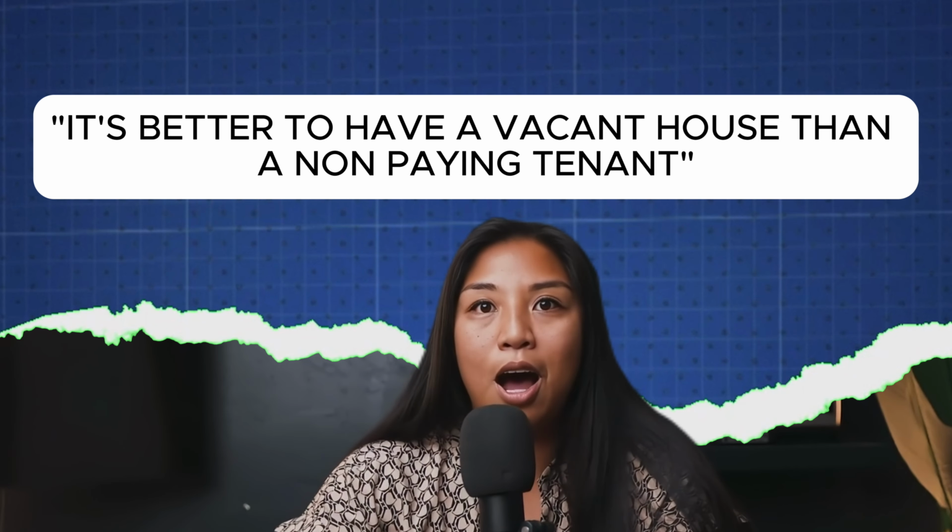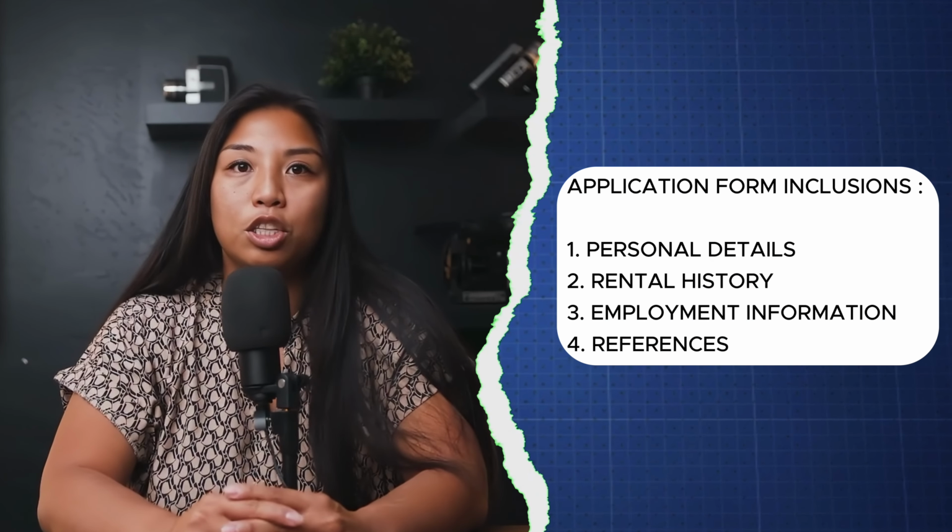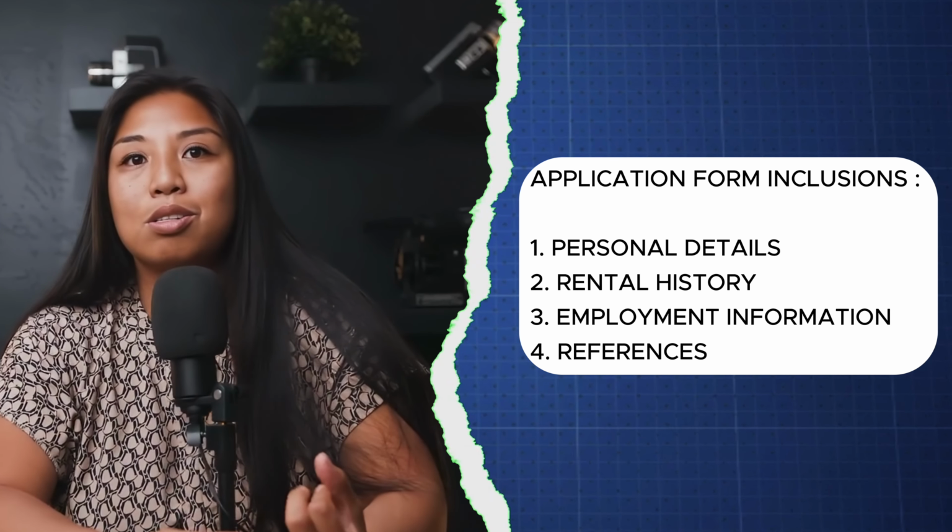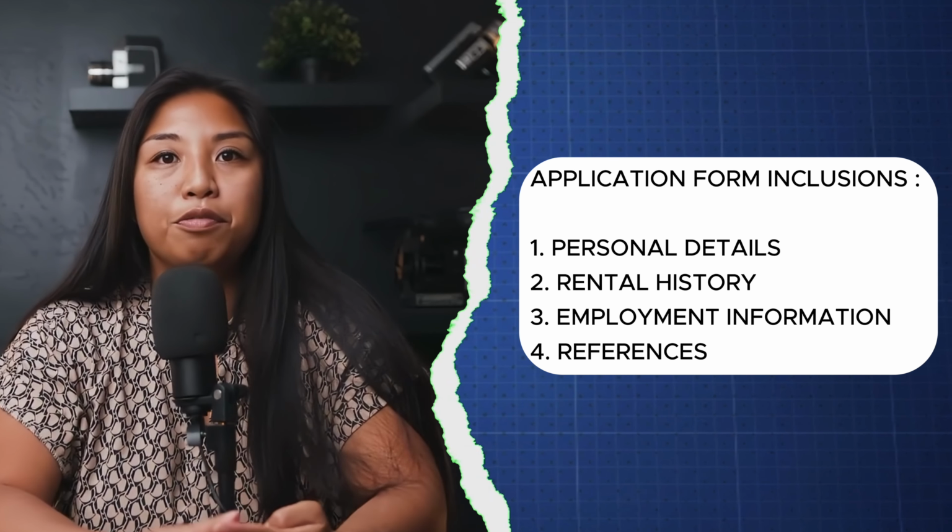If they're horrible up front, they'll be your worst nightmare as tenants. You don't want to pick someone just to pick someone. It's better to have a vacant house than a non-paying tenant. On the formal application, it'll ask the potential tenant for basic information, personal details, rental history, employment information, and references. It's important that the potential tenant fills out this application in full. If they do not know how to follow directions, you're sure to know they probably won't be good at following